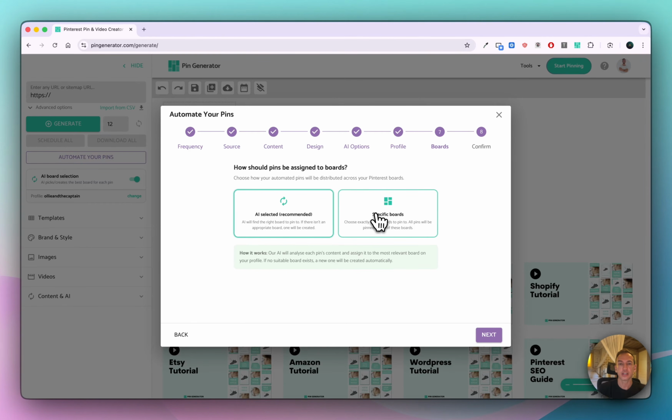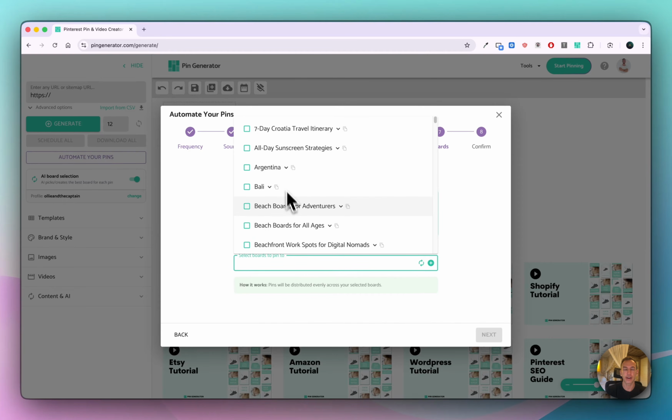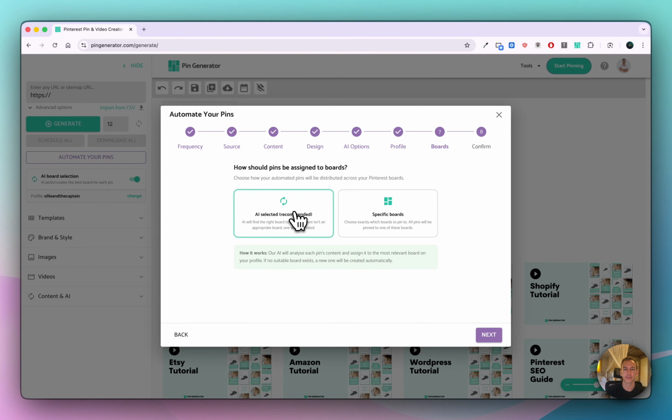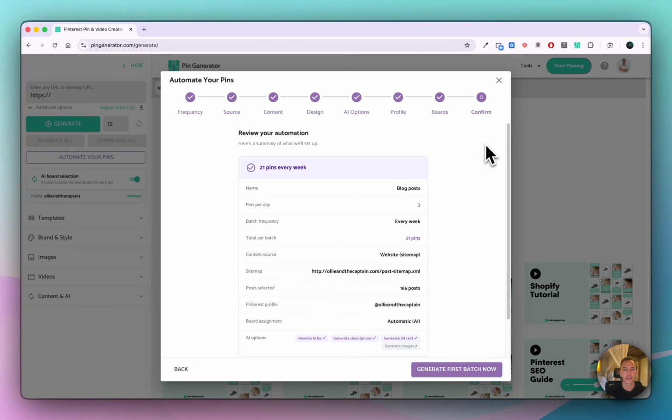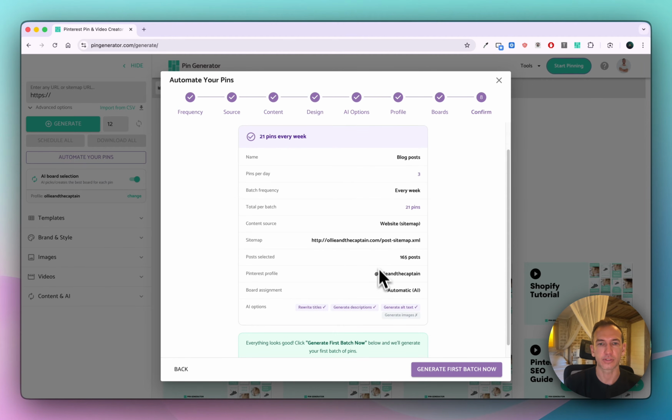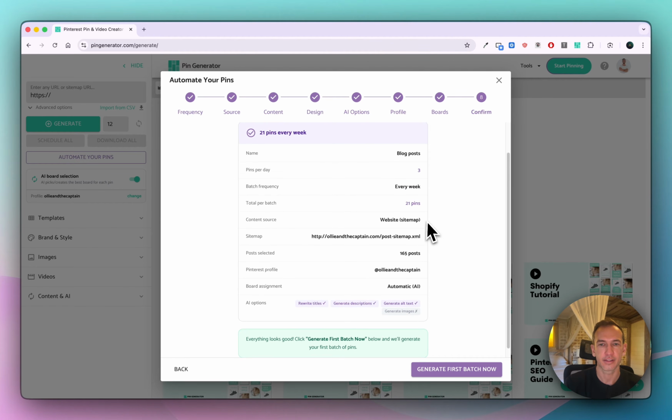But if you don't want to do that, you can select specific boards that are already set up on your Pinterest profile, and you can just select them as so. But for me, this is the easiest because this catches a large variety of posts and distributes them on the correct boards really nicely. Then finally, you have a summary, basically, of what's going to happen, and then you can